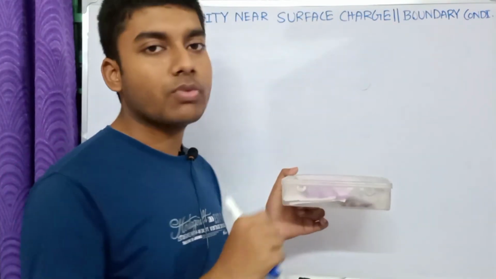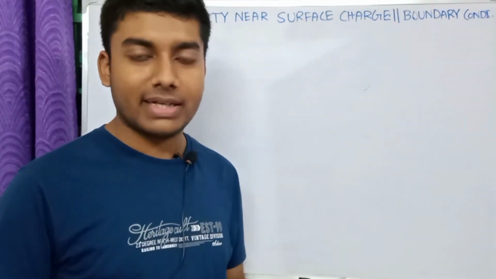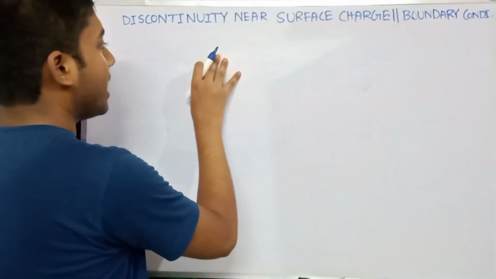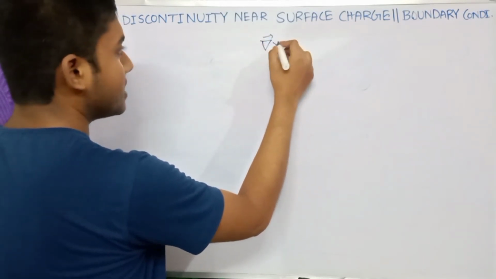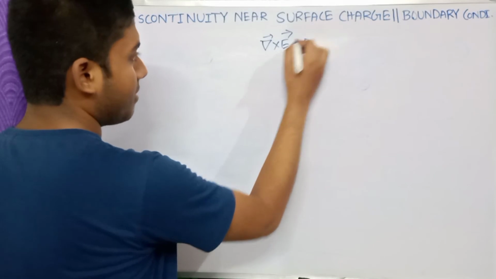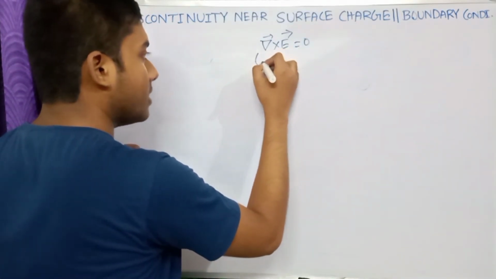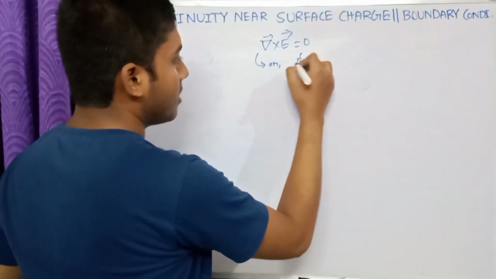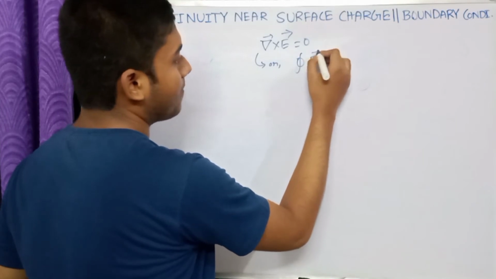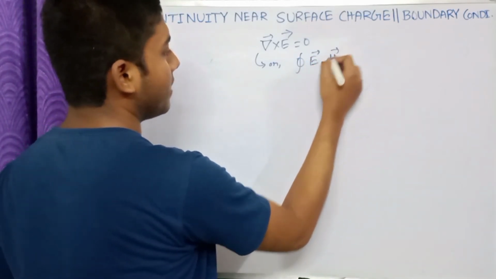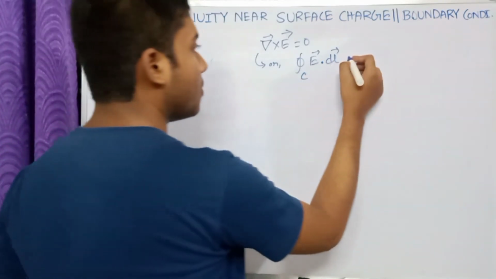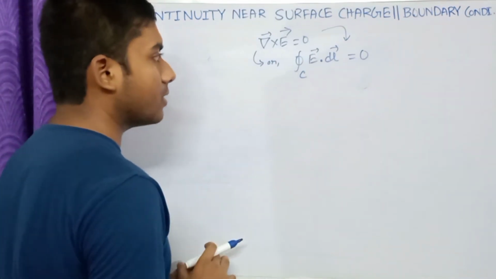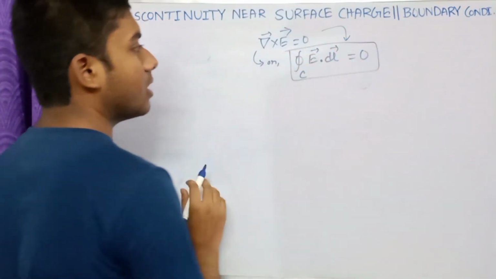So for this we have to do another trick, and the trick is we have to use another relation. We know that the electric field is always conservative. That means curl of E is equal to 0, right? And from here we can easily come to the point, I think you all know that the closed loop integral of E dot dl over any closed curve is always 0. It can also be derived using the Stokes curl theorem. So we have to use this.